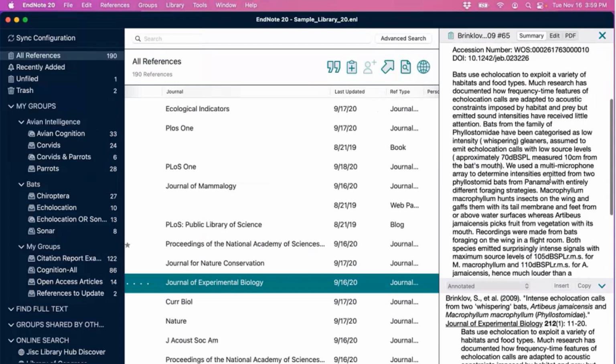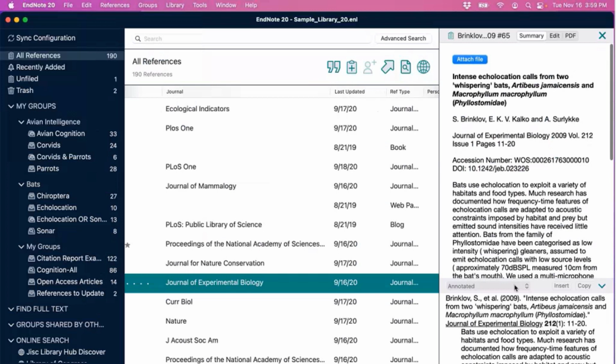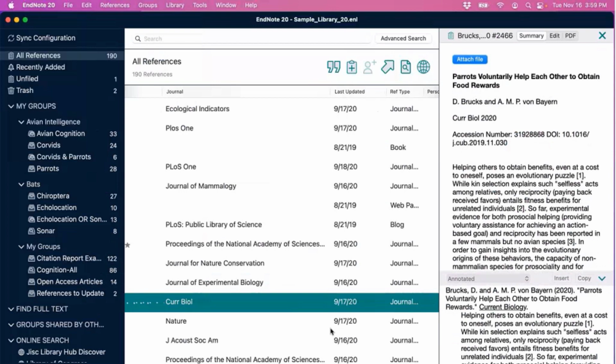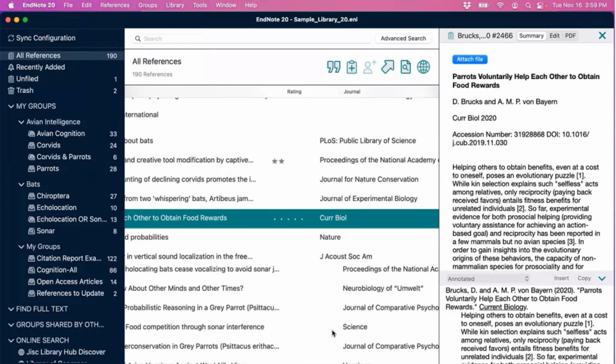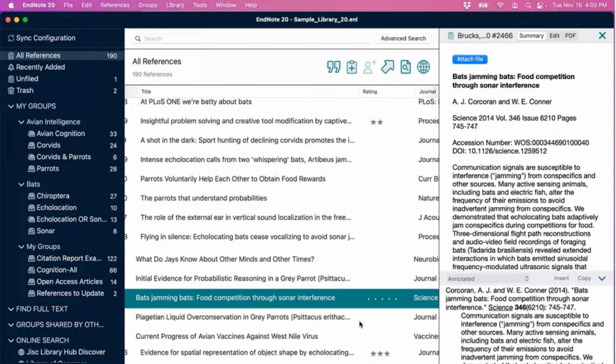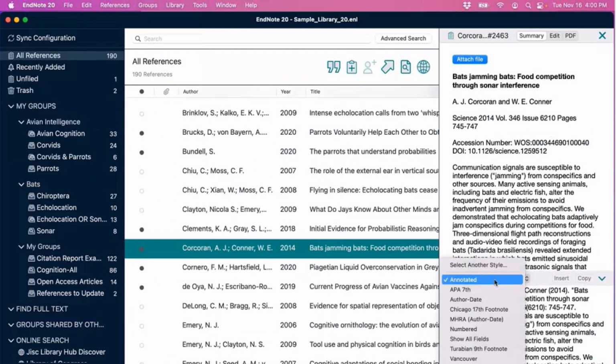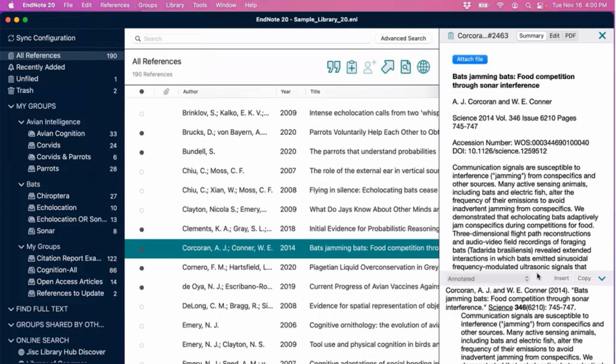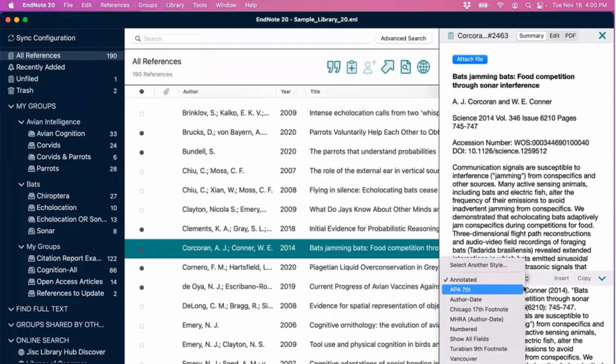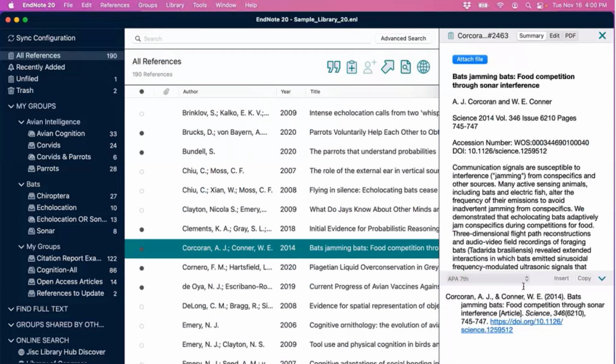Now, at the bottom of the Summary tab, we have what's called the Preview panel, and we see that that's showing us an example of how the selected reference would format depending on whichever style is currently selected. So right now we're previewing the default annotated style. That's really a generic author-date style that includes abstract information if available, a pretty uncommon requirement. So if you were looking to preview a different style for your project, maybe let's say APA 7th, you can choose it from a list of favorites.